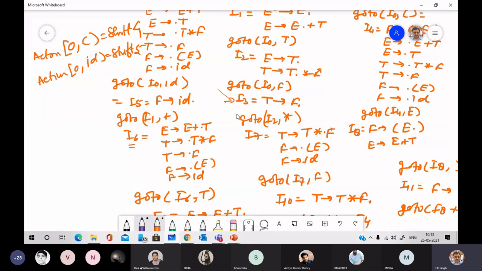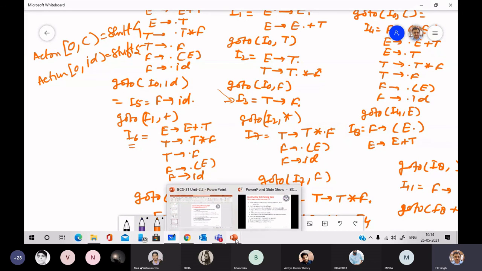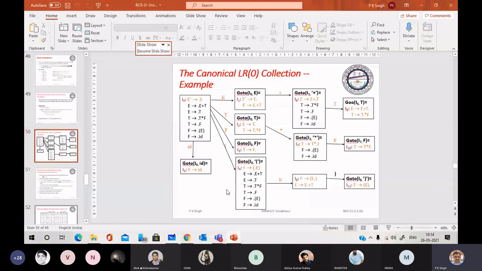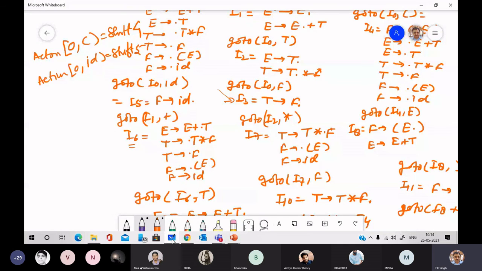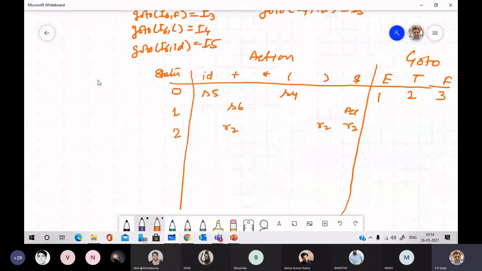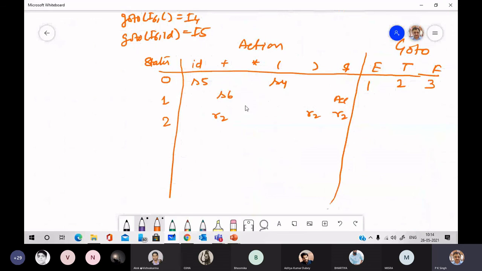The next state is go to I2 asterisk, which gives I7. So the action is shift 7, next state is 7, below the asterisk: S7.